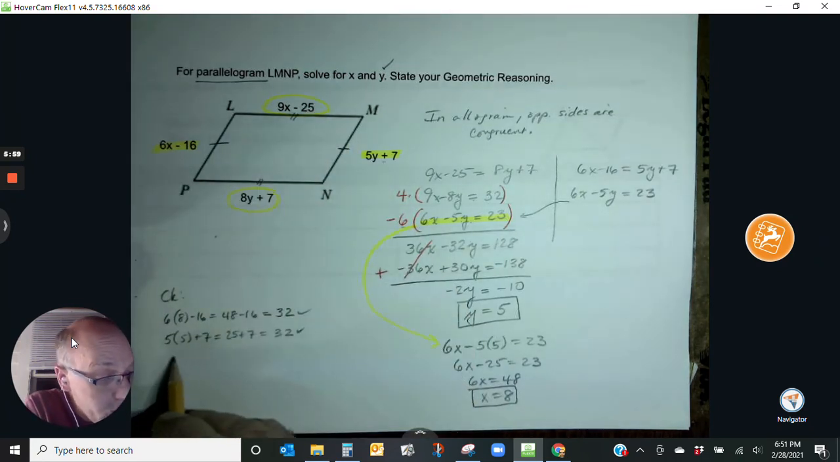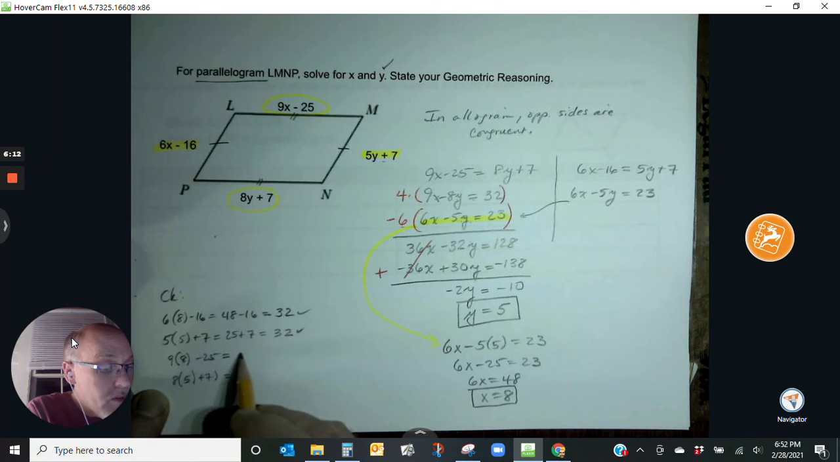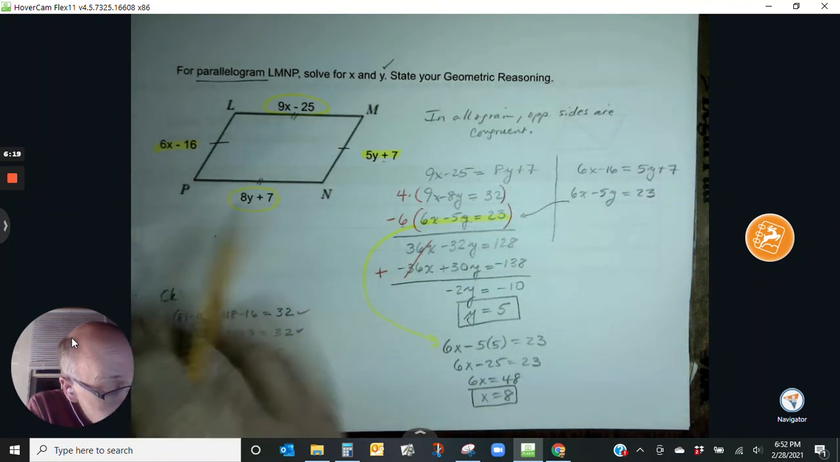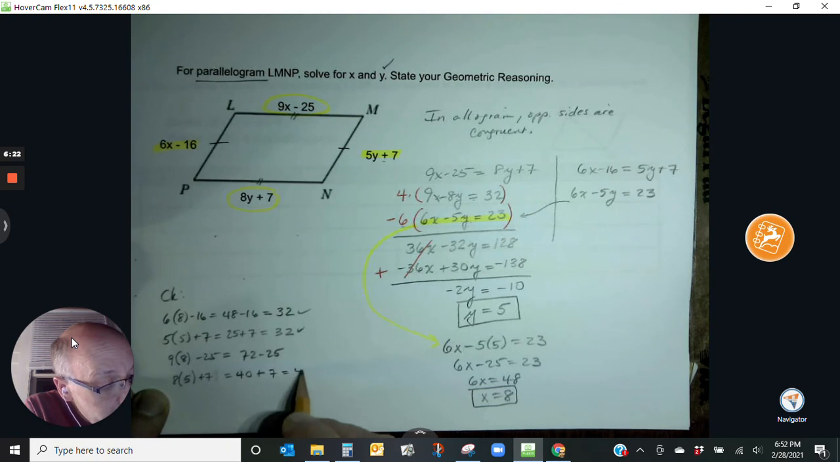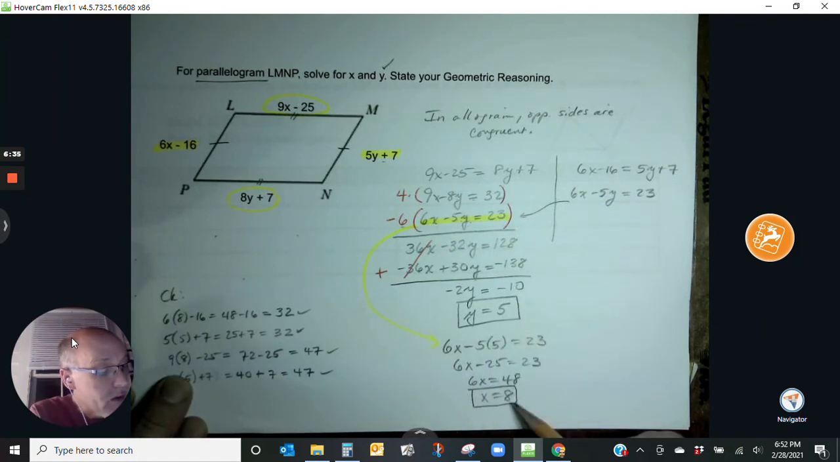But just to make certain, 9x, so 9 times 8 minus 25 versus 8y plus 7. So we're talking about 72 minus 25 versus 40 plus 7. This one's 47. And I believe, yep, that one's 47 as well. Okay, so that works out. And so the answers for x and y are 8 and